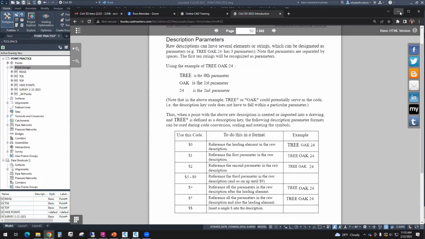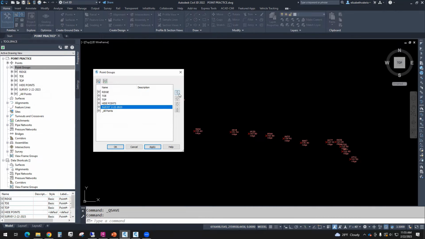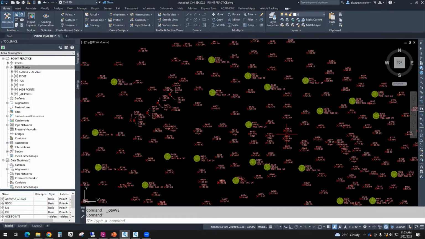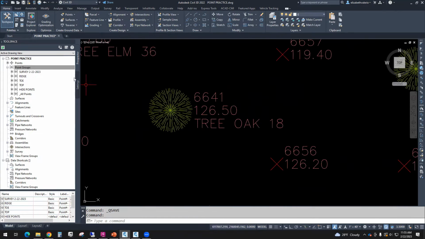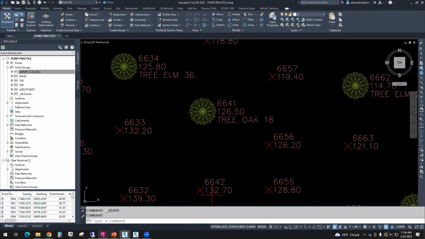So there's a bunch of things that description keys can do. Let's bring our survey group back to the top so we can see the tree points. And I'll just zoom into one of them. So survey is at the top, and zooming into just one of the trees, it doesn't matter which one. So we see that the point style, the point label style, and the layer can all be controlled by the description key. The description key recognizes the first two letters are capital T, capital R, and then it assigns those things. Another thing that description keys can do